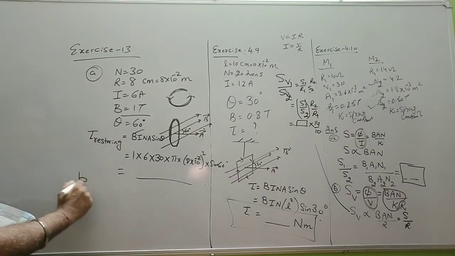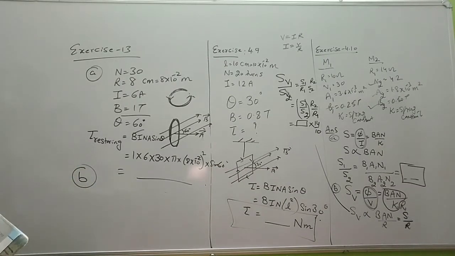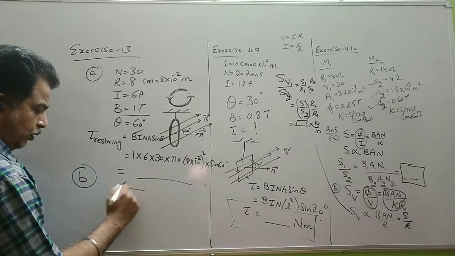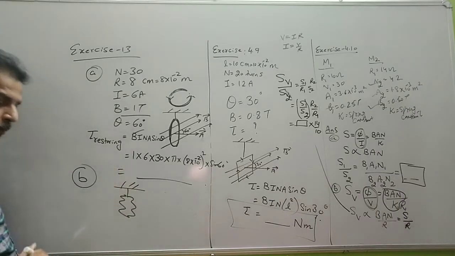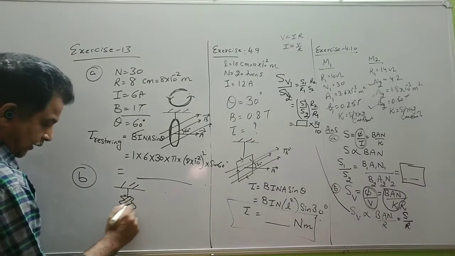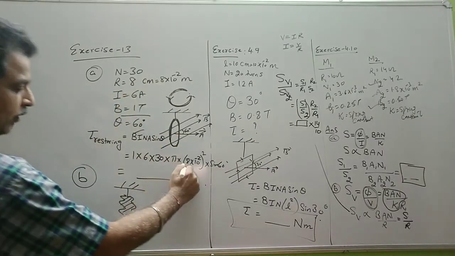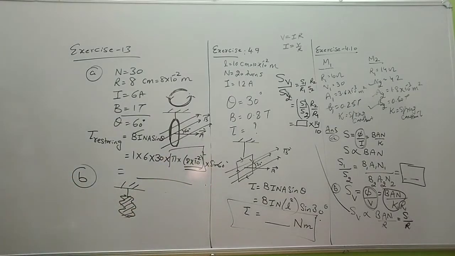Then the second part is, would your answer change if the circular coil in the first portion is replaced by a planar coil of some irregular shape that encloses the same area? So now instead of this coil suspended, we have some irregular coil, but it is given that the area of the coil is the same. That is, whatever is the area of this circular coil, it has the same area. So the area of the coil does not change, only the shape has changed. So would this answer change?